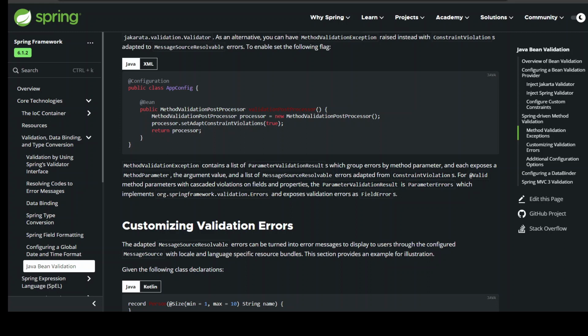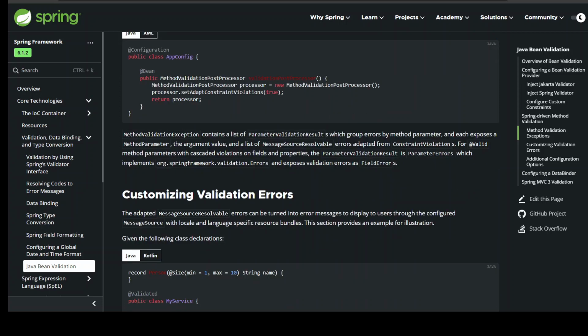Import org.springframework.validation.beanvalidation.MethodValidationPostProcessor. @Configuration public class AppConfig { @Bean public MethodValidationPostProcessor methodValidationPostProcessor() { MethodValidationPostProcessor processor = new MethodValidationPostProcessor(); processor.setAdaptConstraintViolations(true); return processor; } }